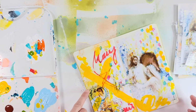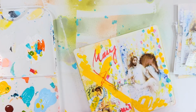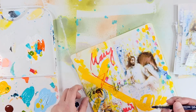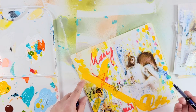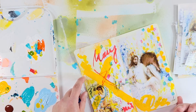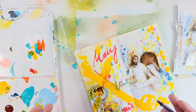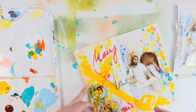I'm gonna write with red, but I think I'm gonna write with blue instead. Kind of take this blue over on this other page. Actually, I'm just gonna write what I thought about while I was doing this page, which is cool because sometimes the outcome of our meditation happens in the process while you do it, and I think that's why it's so important to get engaged in this way, studying the Bible,